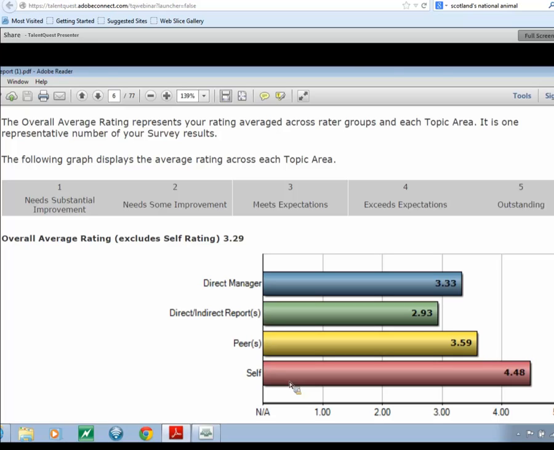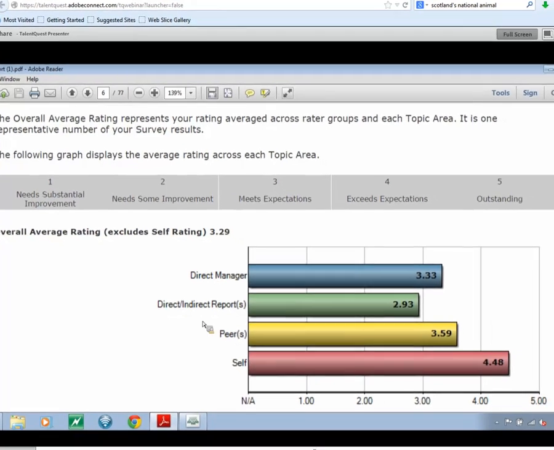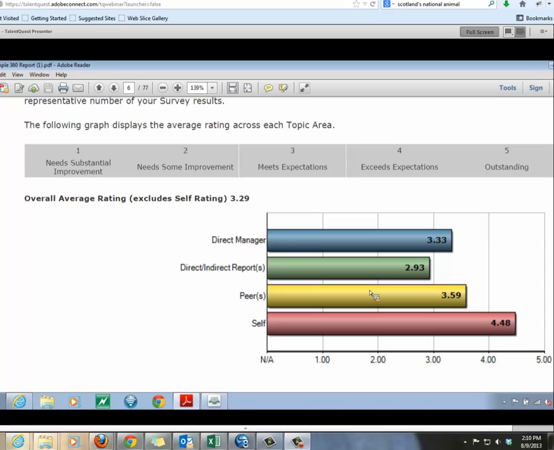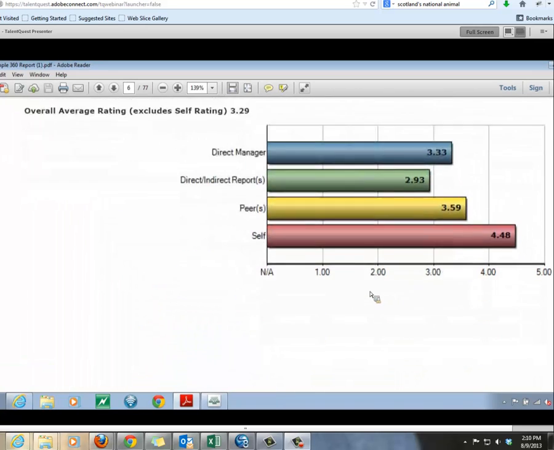And the TalentQuest 360-degree report can be configured to meet the organization's specific requirements, but typically it's a 1 to 5 scale that has a behavioral-based descriptor, so needs substantial improvement to outstanding, or else a frequency-based scale, something like ranging from rarely to frequently or always. So the report can be configured in a number of different ways to show, as this shows, overall rating by